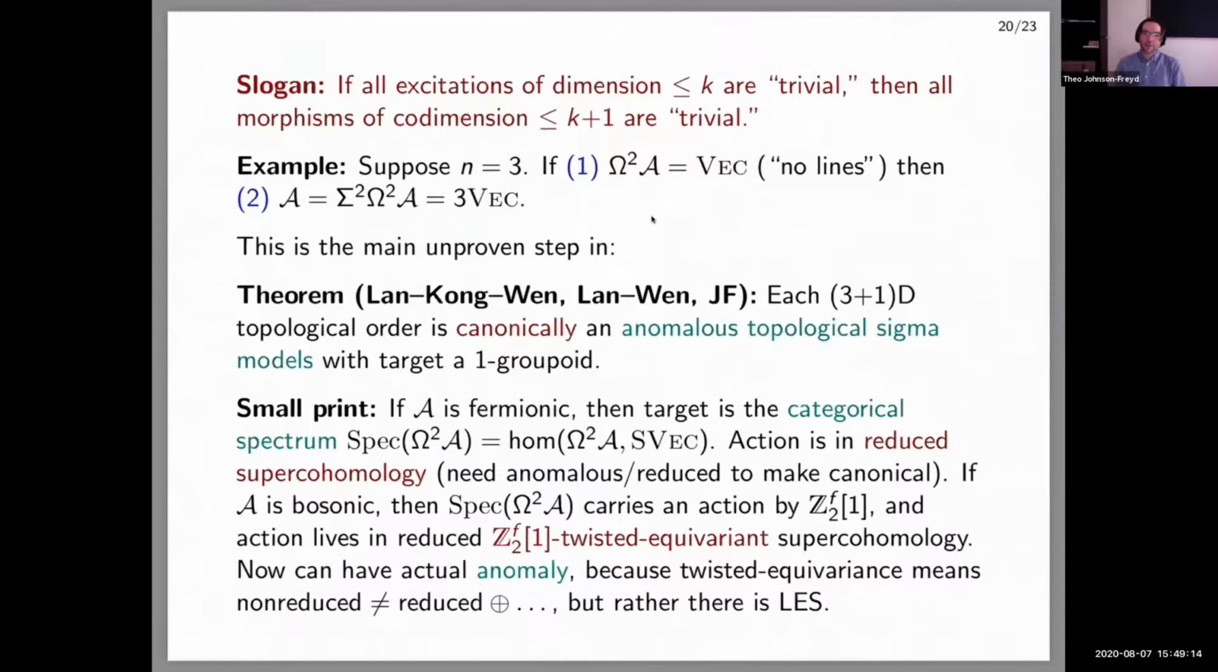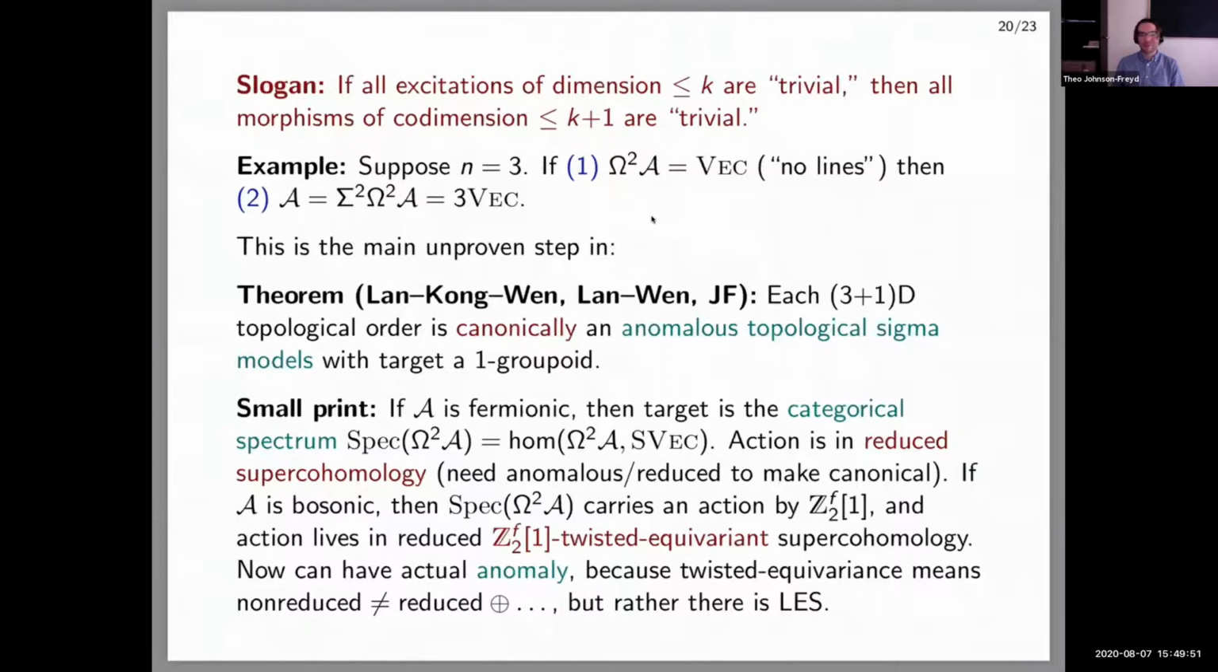If you have a fermionic 3+1D topological order, you can look at its category Ω²A of line operators in your theory. That's automatically a symmetric monoidal fusion category. Then you can study what I'm going to call the spectrum of this symmetric monoidal fusion category. Because it's fermionic, it's a superfusion category. A poor person's definition of the spectrum of an algebra is that it's the set of maps